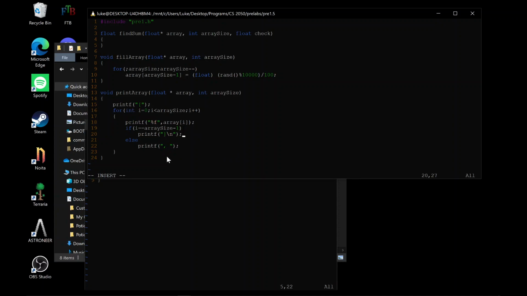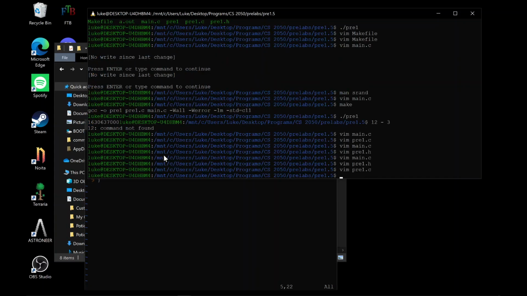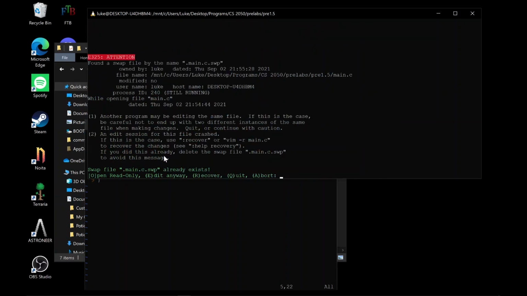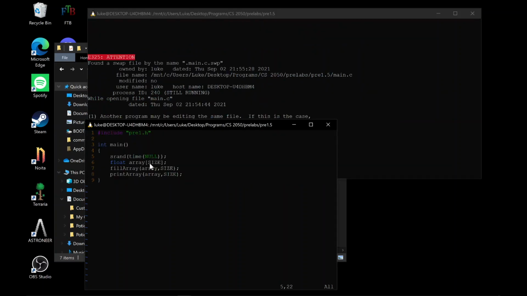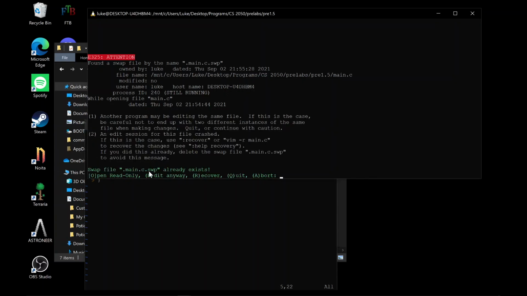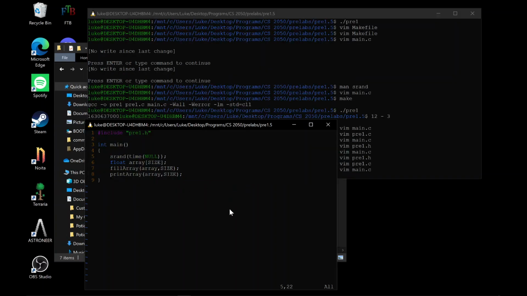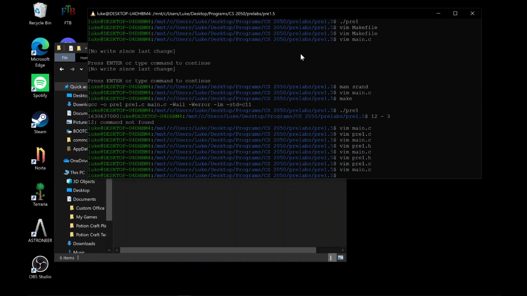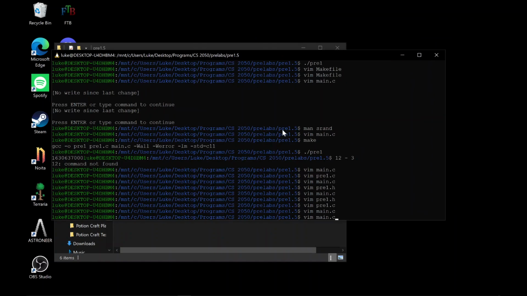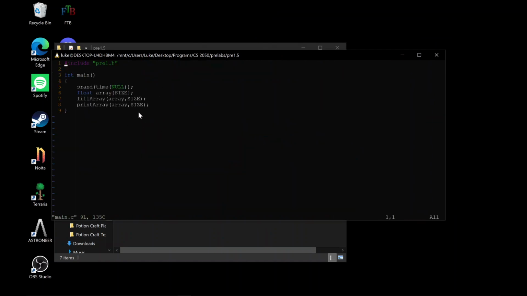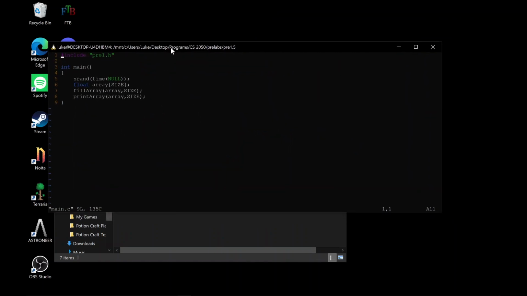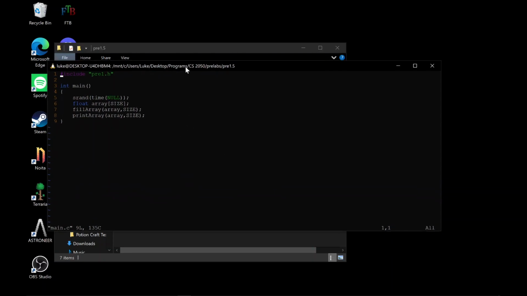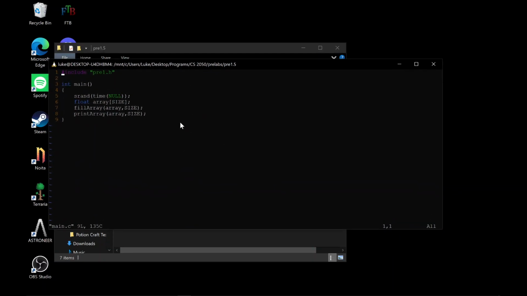So let's go ahead and see what that looks like. I'll go ahead and write quit. Let's go back to main. Oops, I forgot. I had it open here. So let me go ahead and just quit for a second. I'm going to go ahead and exit out here without saving. That should get rid of the swap file. And then go back to main, because it knew I had it open already. And that's the thing about swap files. Vim is pretty smart with that. Anywho,